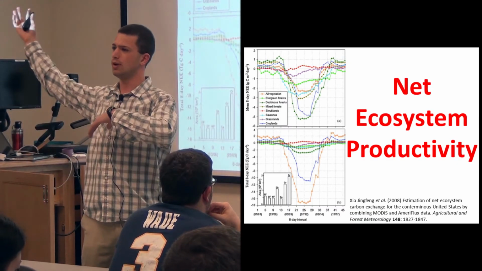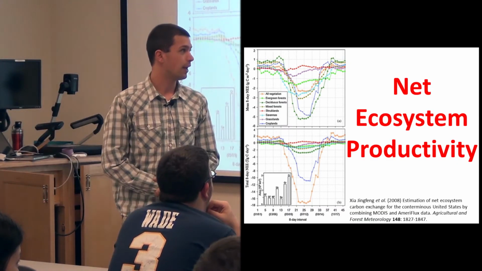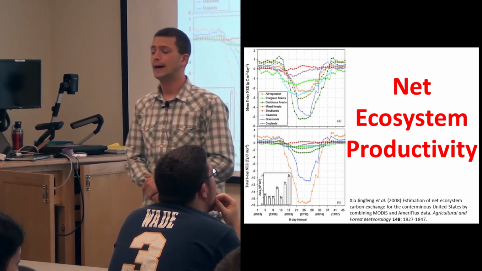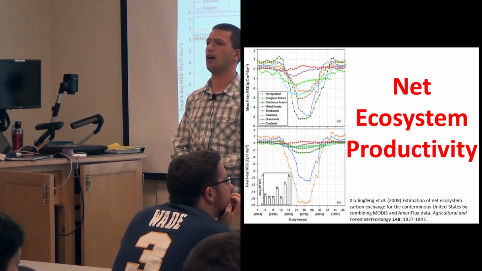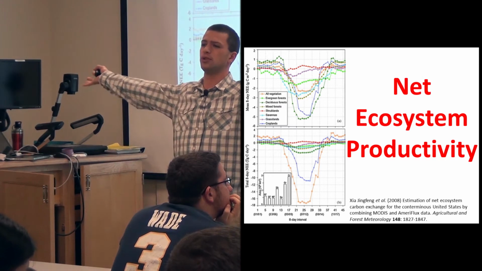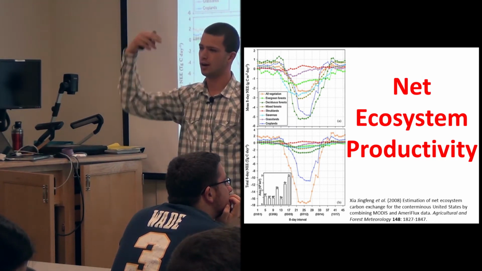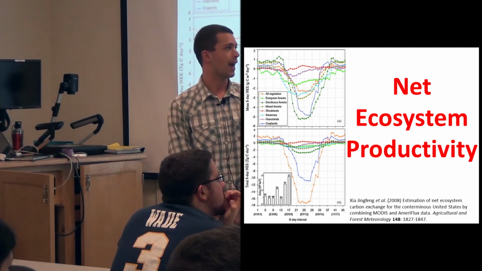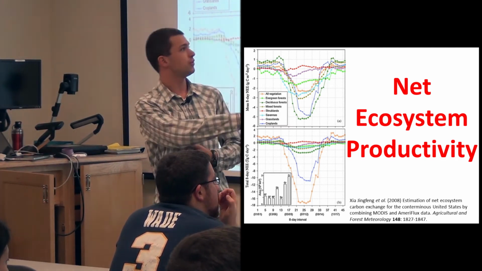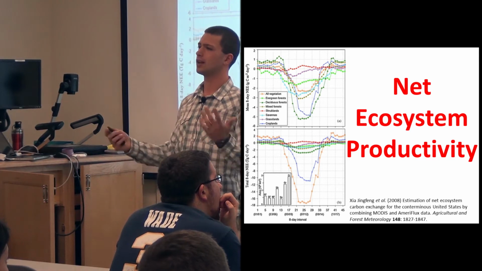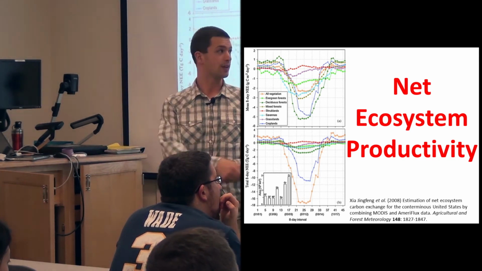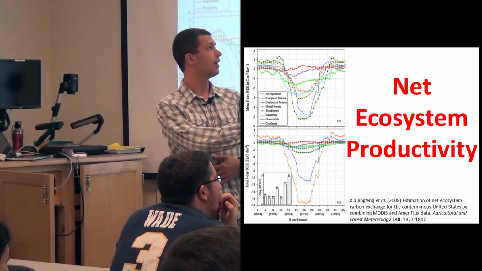Now moving up to a whole ecosystem level. Net ecosystem productivity is a measure of basically how much carbon is pulled out of the air during a given year. Plants photosynthesize, take carbon out of the air, and put it in their trunks or the soil. This is an example of that. Each different line, I won't go through them all, represents a different ecosystem. So we know that some ecosystems are really good at doing that, some not so much.